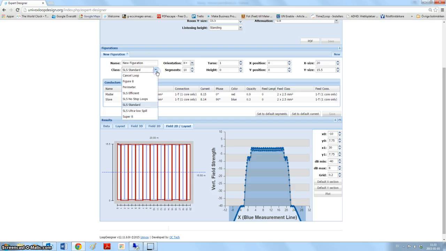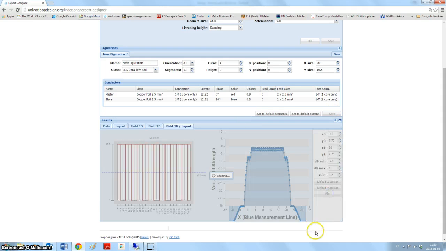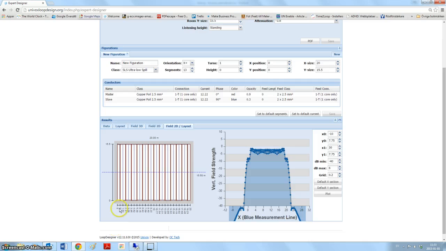And the same thing goes for the ultra low. There again, to change design, I have to click on the default segments, save, and plot. With the ultra low, the aim is always to have the main segment at 1.5 meter widths, and the smaller the segments are, the less overspill will be created. And those are all our standard